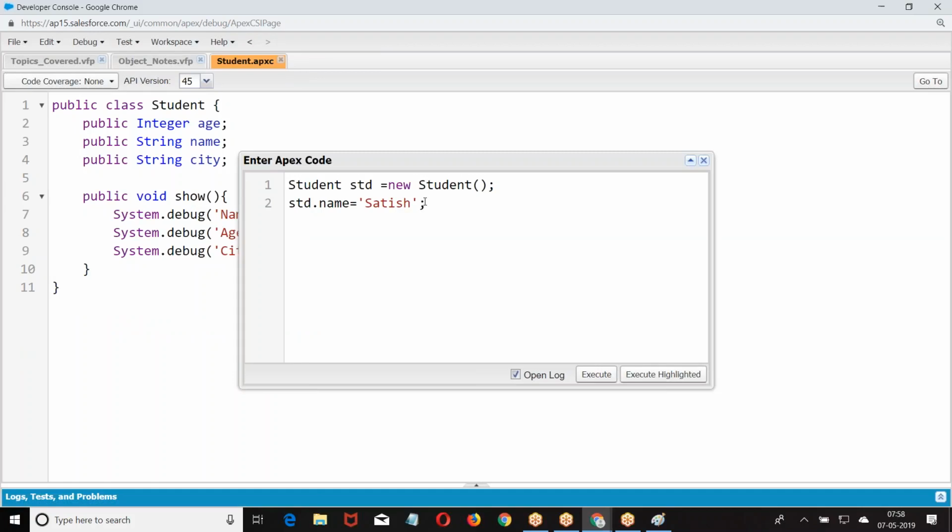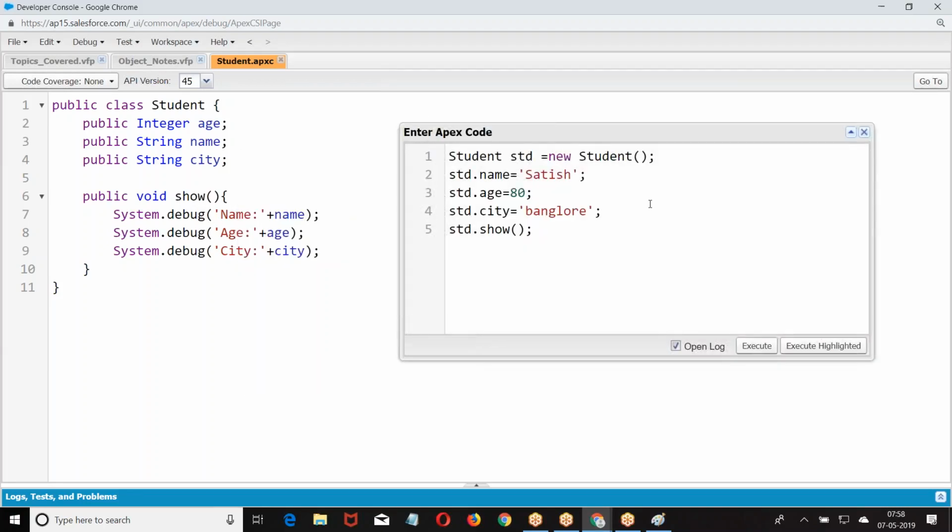Now I give here student dot, then std dot show. What does it mean? Take the data from std, run the operation called show. Now what does show require?